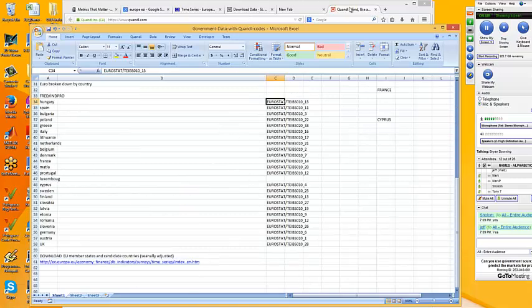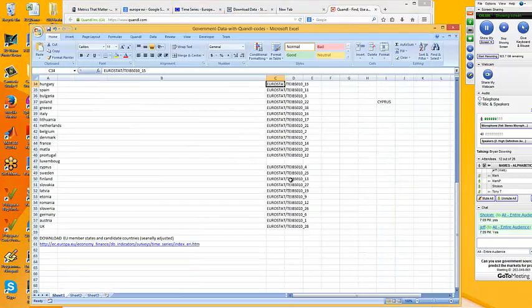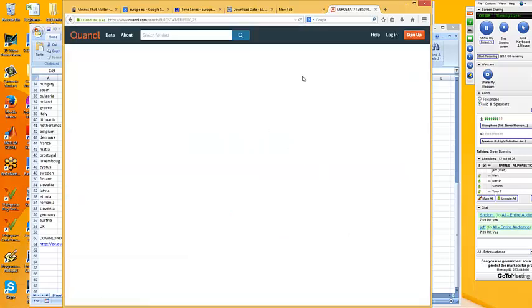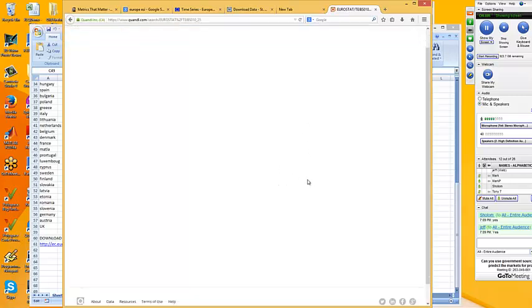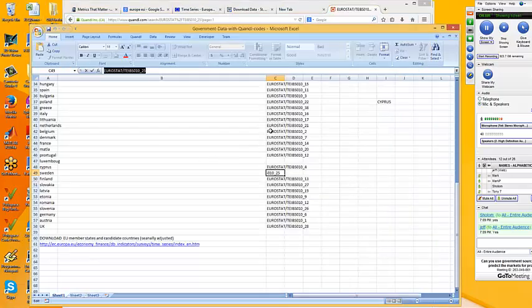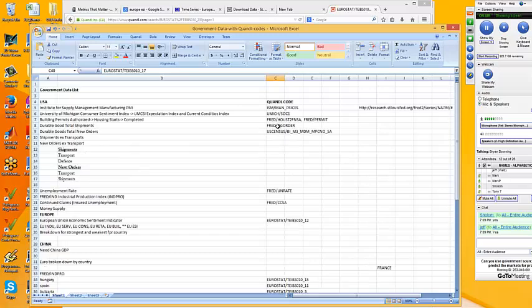So what was I going to show you? Okay, let me show you an example here. Quandl, this is for Eurostat. So let's say this would be for Sweden. It's very similar to what you can download. Okay, buddy, why aren't you working? So these are some of the issues I've had with Quandl. It's free data, but it changes. I'm not sure, I'm still trying to understand how it works. But let's try the